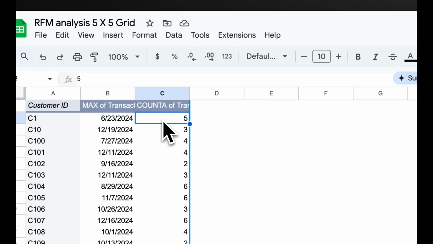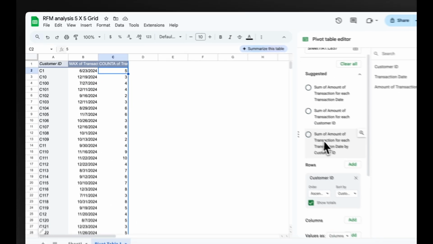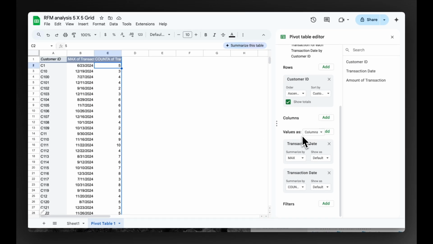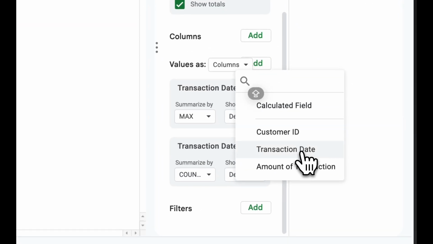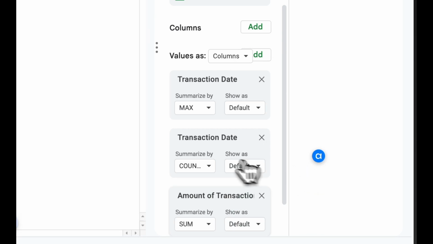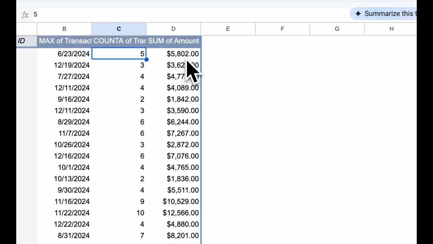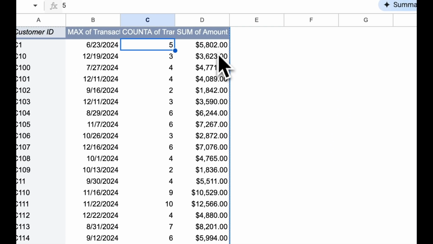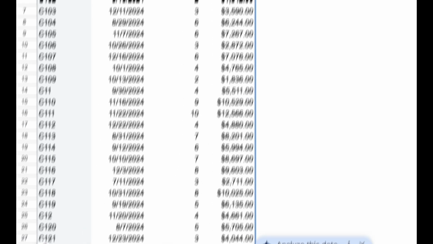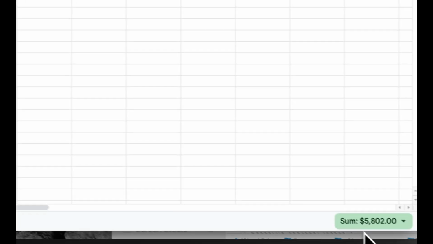$5,802. If we go back here, we can see we still have not calculated the total amount, but let's add it again. Inside the values, I will add the amount of transaction, and this is okay, sum. So you can see $5,802, and it is the same here as a sum that all of these individual transactions will bring to the